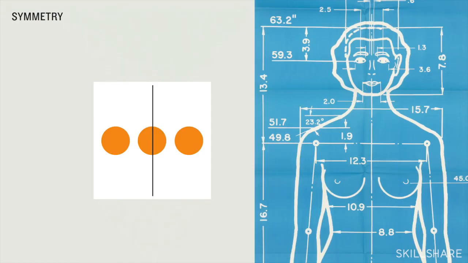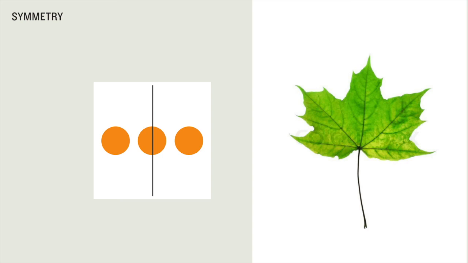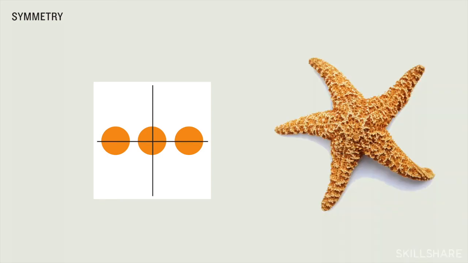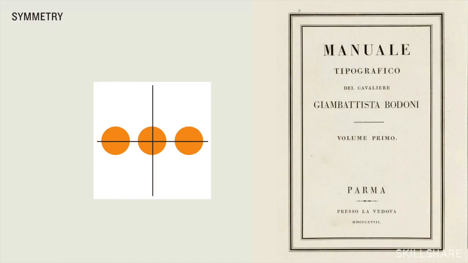Many natural organisms are symmetrical. Look at me. I'm symmetrical. My arms and legs keep me balanced. A leaf grows outward in a symmetrical pattern. The arms of a starfish radiate out from the center. That's called radial symmetry. Symmetrical layouts are inherently stable and balanced, and that's why designers for centuries have gravitated towards